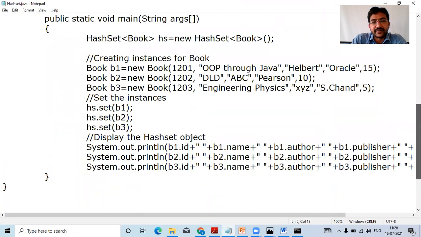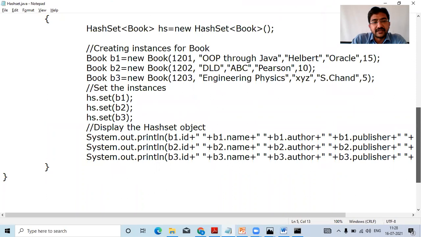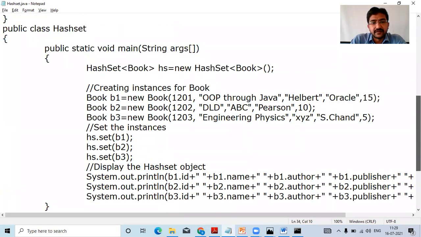So we are going to be setting b1, b2, b3 for this one, right? For this set, we are going to be doing it. Here we are going to be setting the objects. We need to add, right? So we need to add.